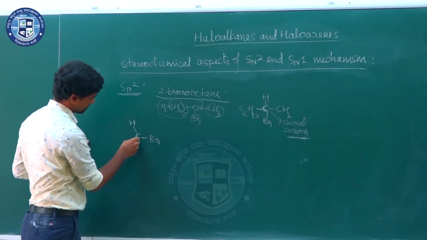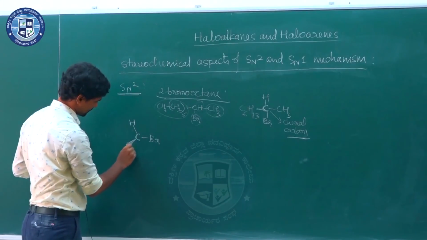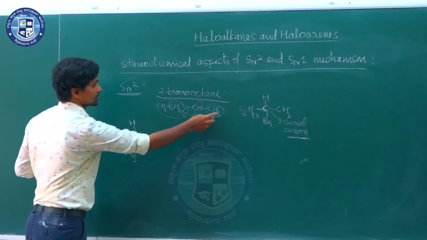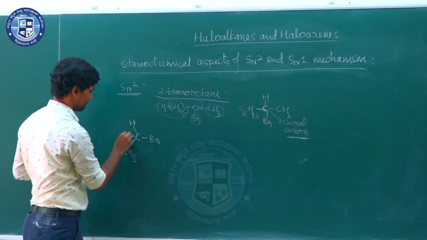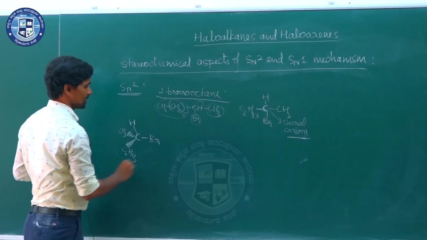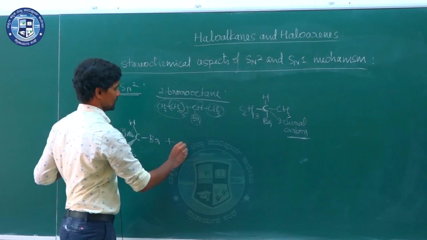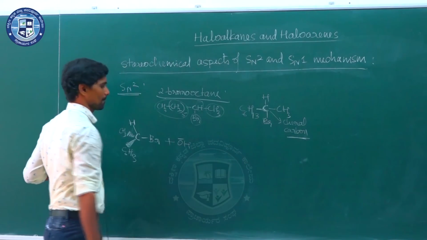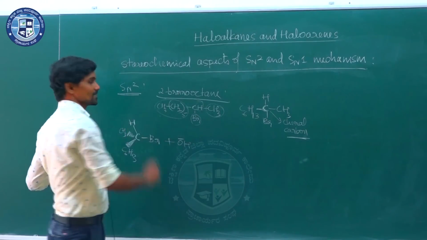So we will write this side C6H13 and CH3 group here. Now this undergoes nucleophilic substitution with the base OH minus, and when reaction takes place according to SN2